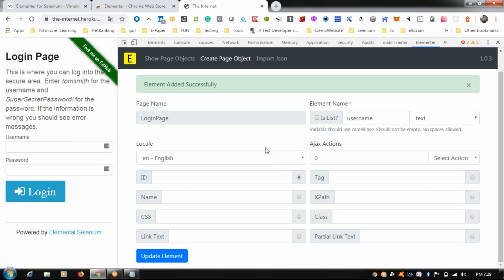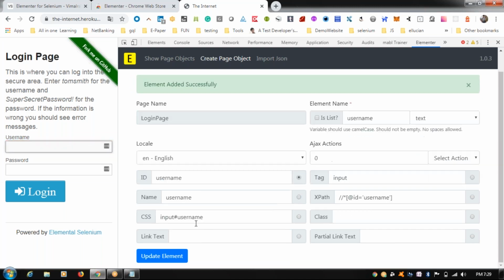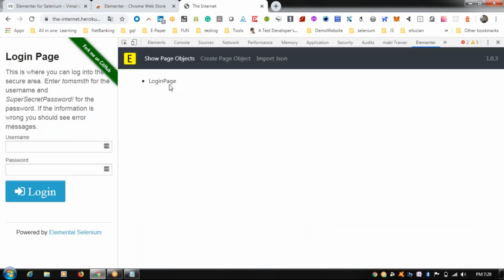Automatically you'll be taken to that page of username, and you can add whatever you like. You can again click on inspect, go to the particular element and click on update element. Previously we used add element, but since we are now editing, you'll get this update element, so that automatically all those elements will be updated. So these are all the options. You can click on this export JSON, so that automatically a file will be downloaded for you folks.